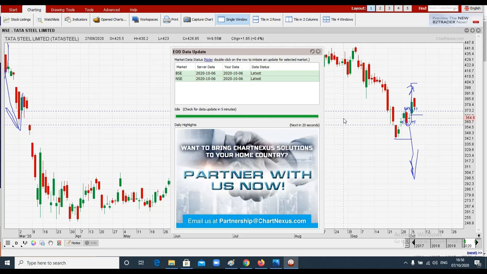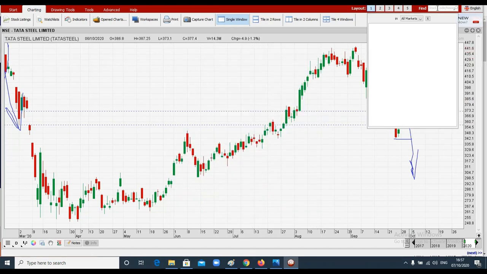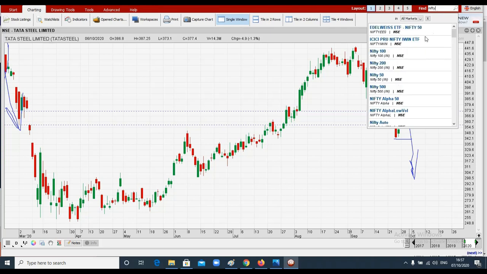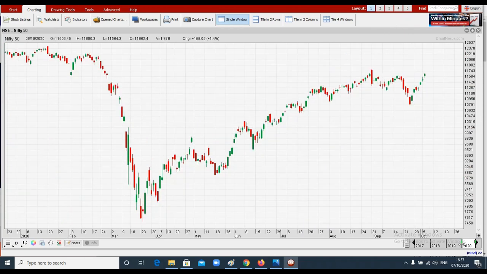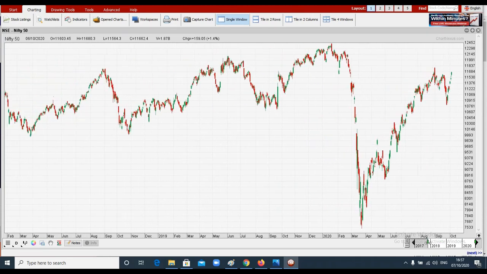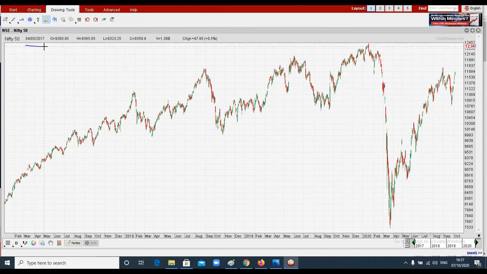Now let's go and check out how to use this software. Now for example, if I have to track a stock, I'll have to give the name here. Let me track Nifty. So you can see here Nifty 50, right? Just double click on this and you can see this is how the charts look. As I said before, the data is available for almost 3 years. You can just check out. You can see the date here. It's almost from 3/1/2017, right? And if you see the current date, it's showing somewhere around 6 October.